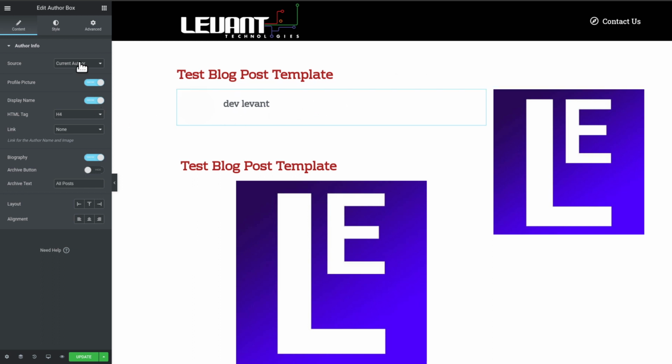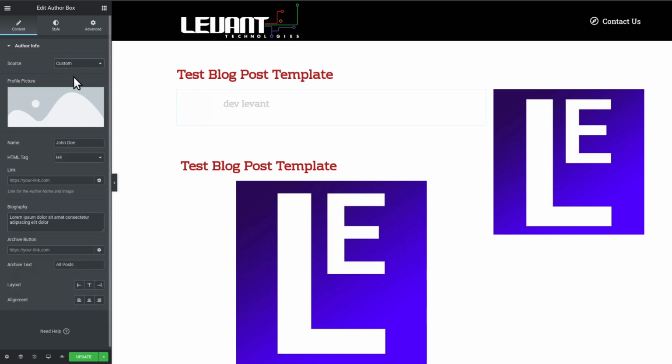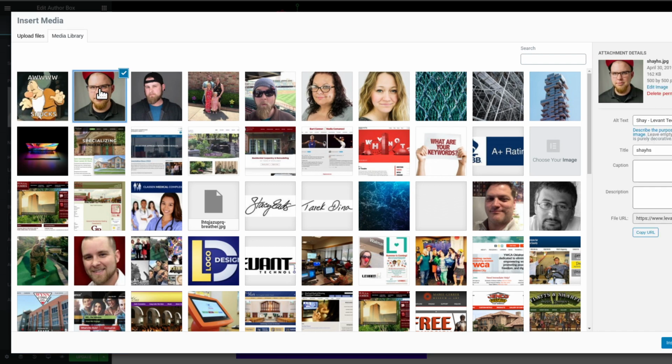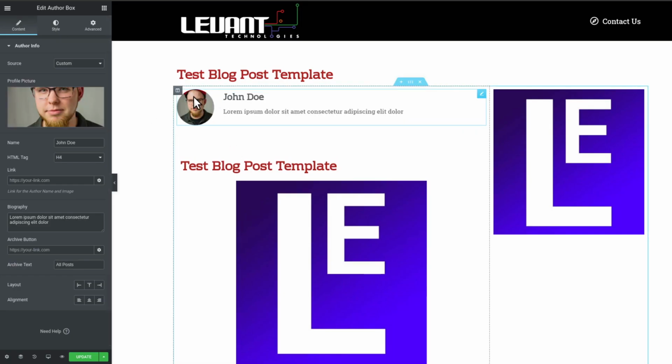And then you can change the current author. You can do custom. I'm just gonna choose random image, as you can see. See if I'm gonna choose him. As you can see, you can actually do that too. So John Doe is a random name. H4 would be a preferred heading,